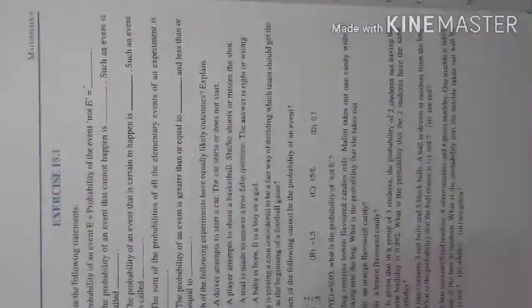21st one. A lot consists of 144 ball pens, of which 20 are defective and the others are good. Nuri will buy a pen if it is good, but will not buy if it is defective. The shopkeeper draws one pen at random and gives it to her. What is the probability that she will buy it? And the second question: she will not buy it. Okay, this question is the same as the 17th question, regarding the bulb that we discussed, but there is a slight change in the second question. So let us discuss this.